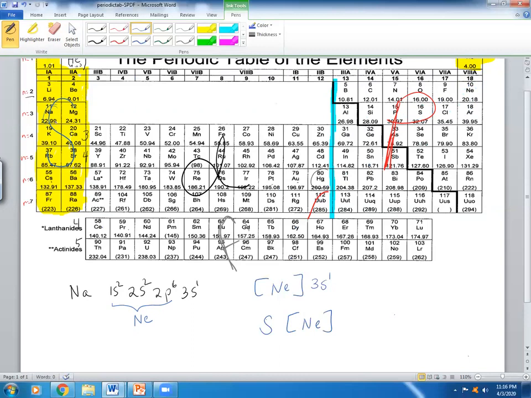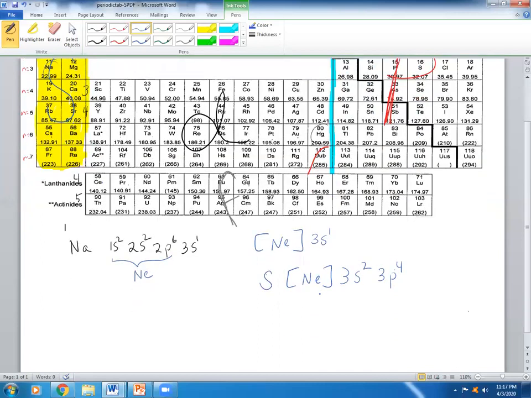And then I write what's left over. So this is now 3s2. And then I have 3p1, 2, 3, 4, 3p4. And I'm finished. Once again, this is why it's called the abbreviated method. Same thing with